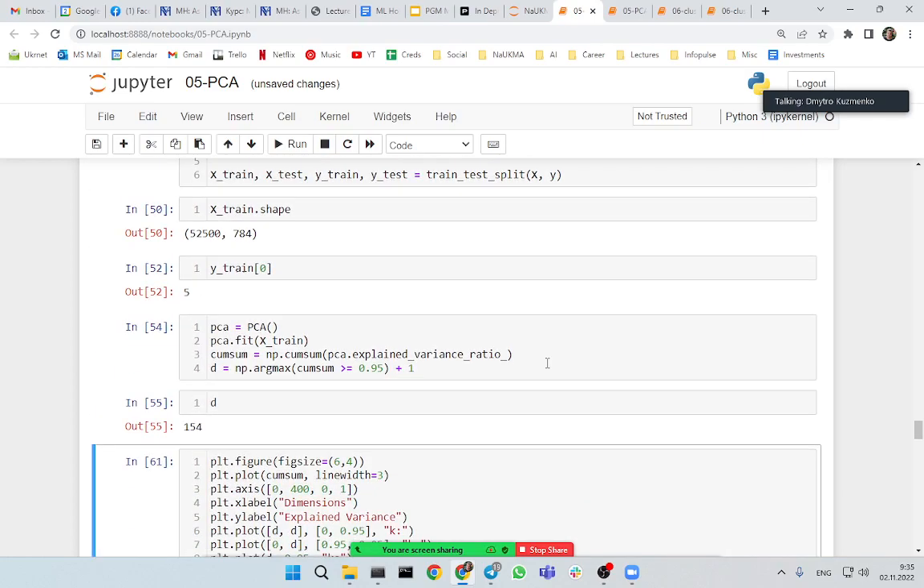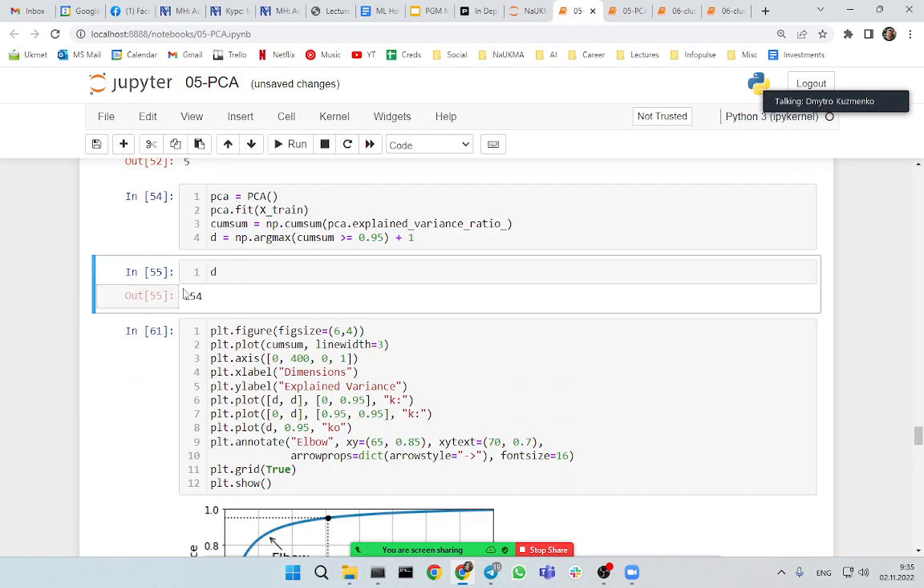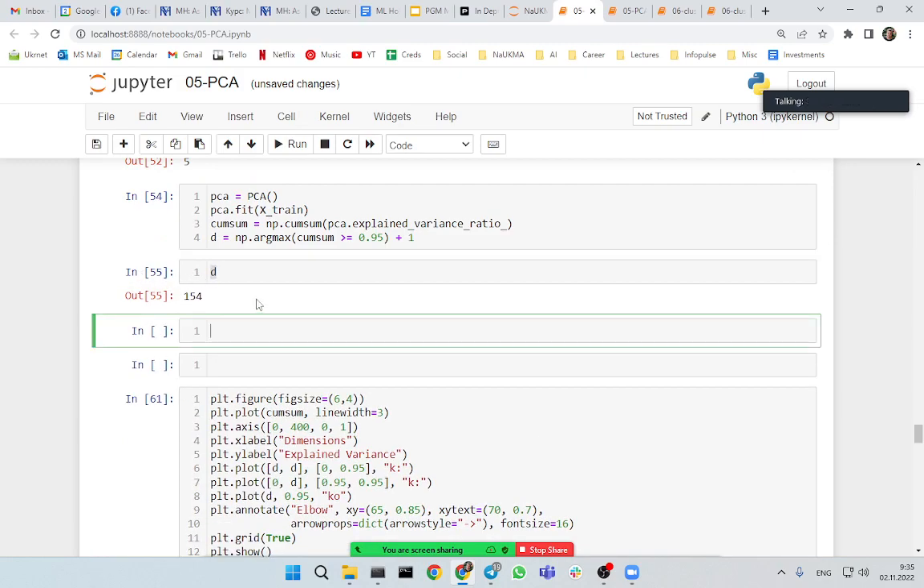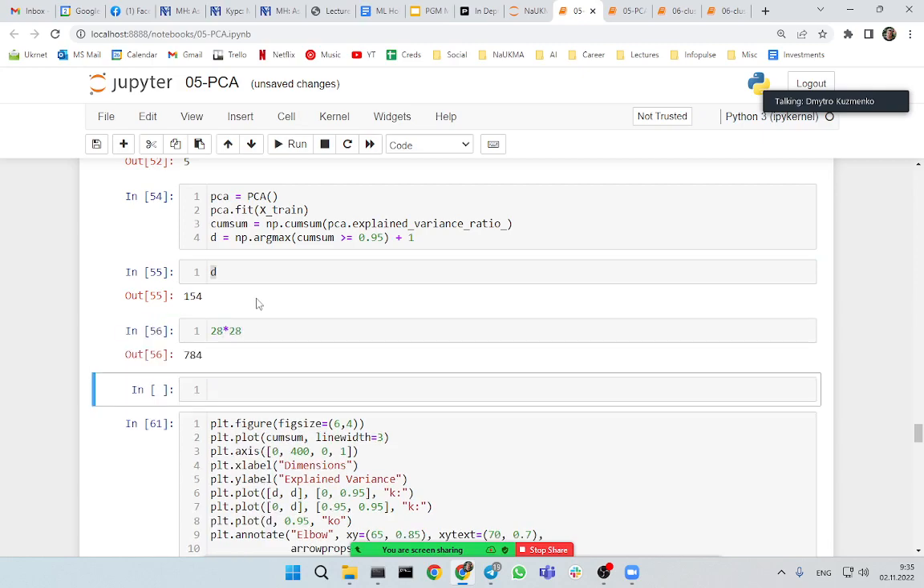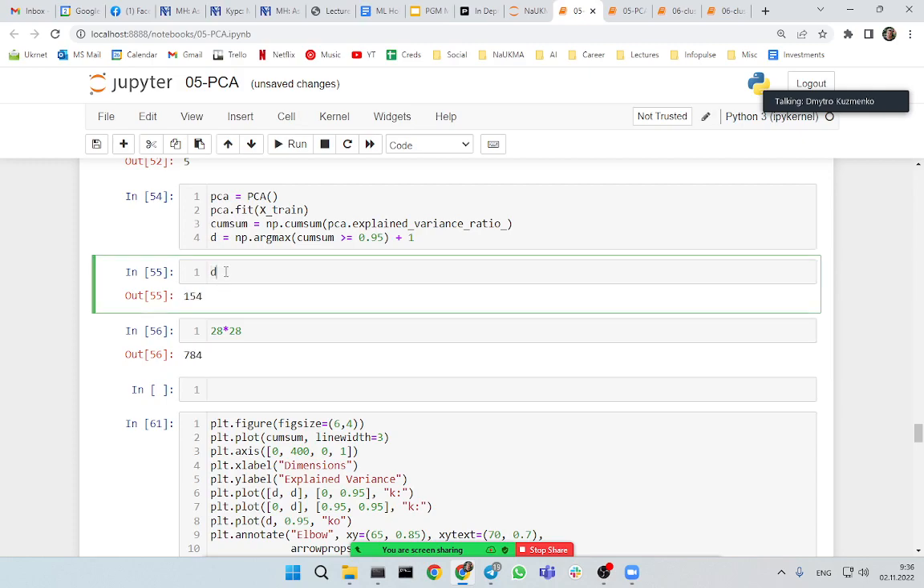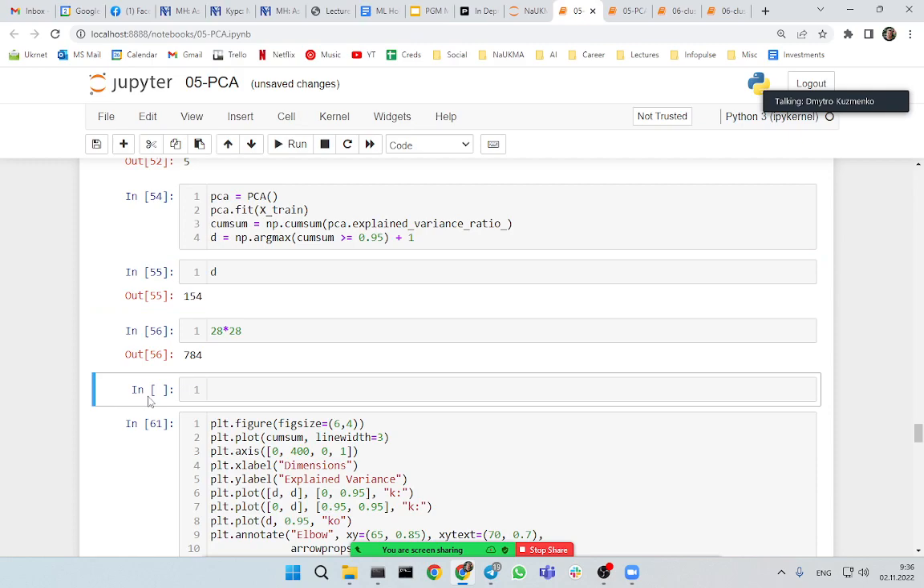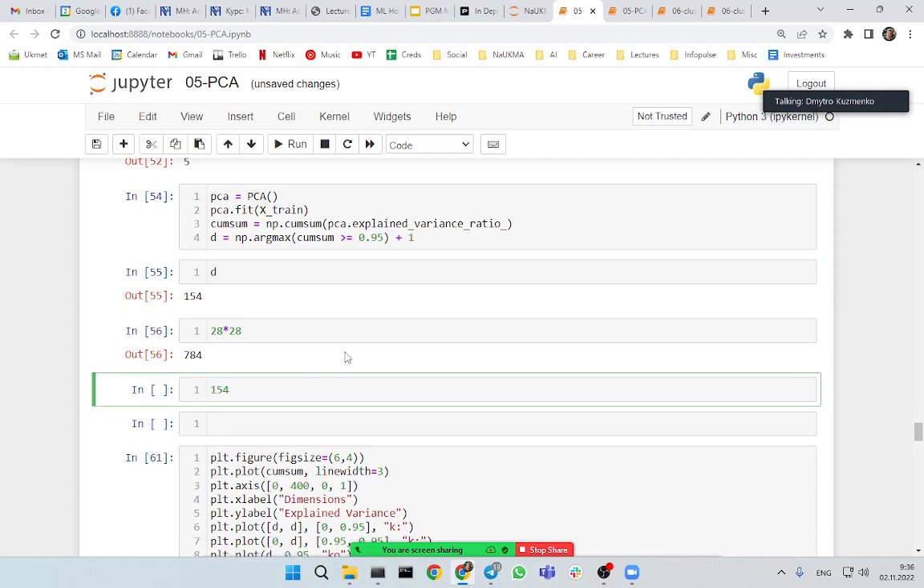That gets us the number 154. If you're wondering what this means, we have 28 by 28 matrices in our image. It's a grayscale image, 28 squared, 784. So 154, or D, the number of required principal components, is the most adequate number of new vectors we need to generate that can express these 784 pixels with the same kind of variance and information